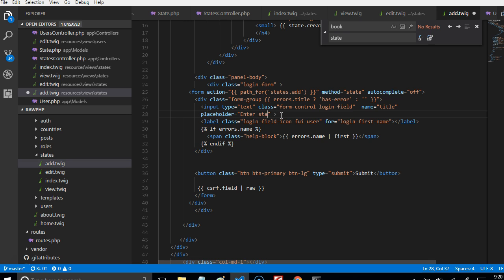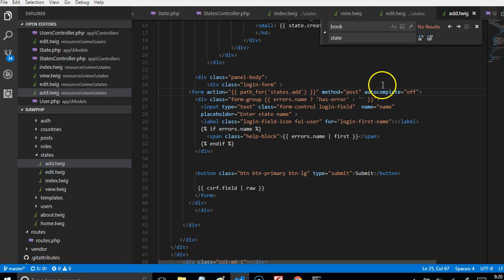Enter state name. So this RawPHP boilerplate code helps us to quickly sort out things by ourselves. And do we have any other thing? Okay, title is changed to name, and the method here is supposed to be